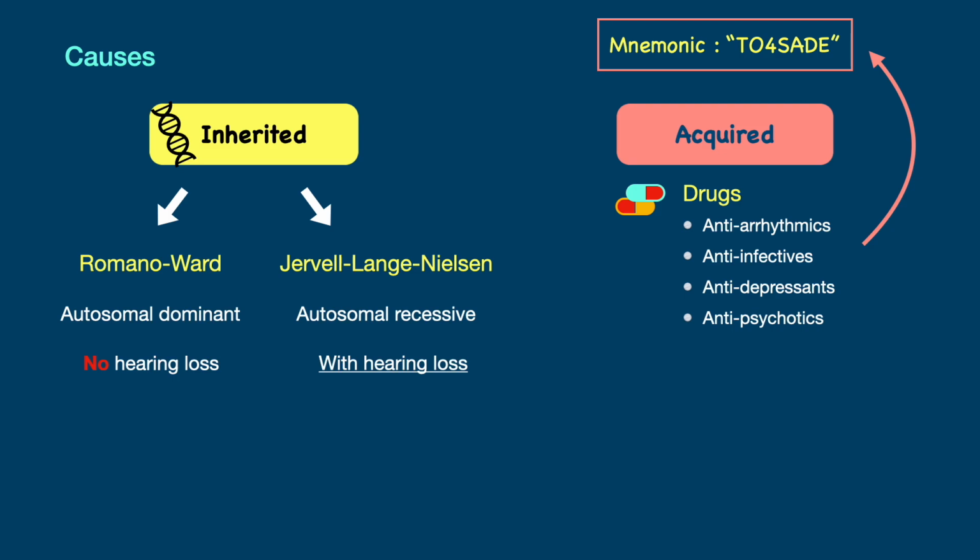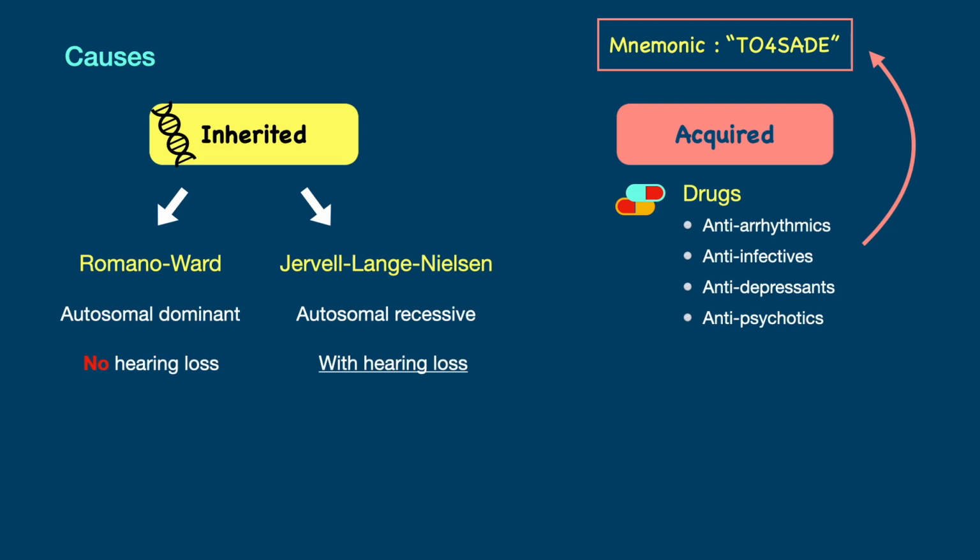macrolides, haloperidol, and ondansetron. To make things easier, alternatively, you may use a mnemonic to remember the drugs that cause prolonged QT interval, and the mnemonic is called TOSADE. T for thiazide diuretics, O for olanzapine, opioids, quinolones and quinidine, S for SSRIs and sotalol, A for antihistamines and antipsychotics, D for antidepressants, and E for erythromycin or